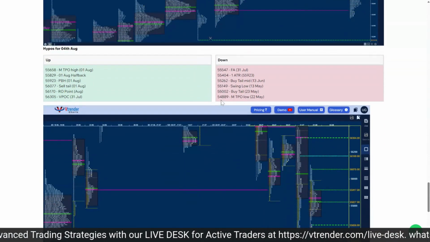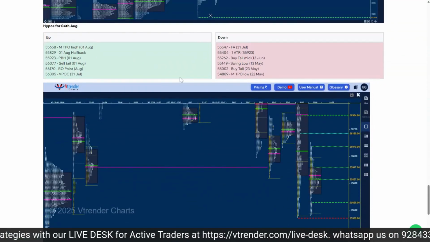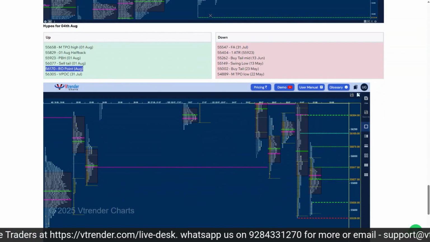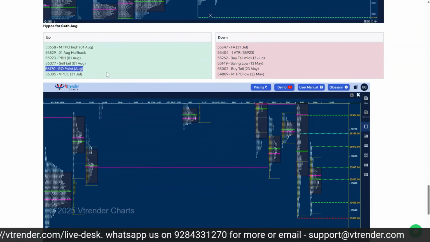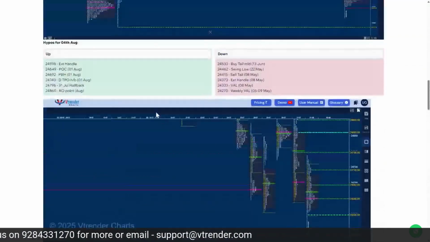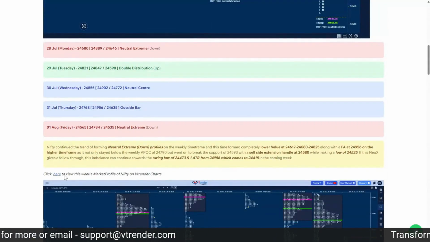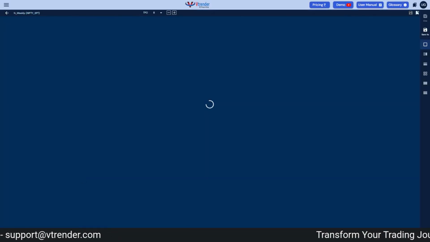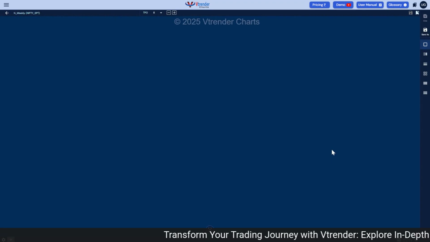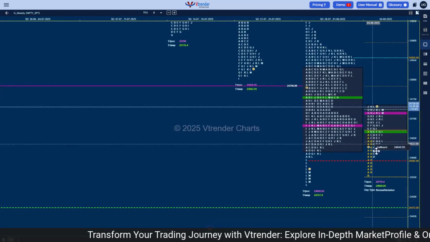So these were the hypos for today, and again you see the rollover point becomes an important reference on the upside in spot as well as in futures. So let's now take a quick look at what we have done today in spot, and then we'll move on to the futures section. I'll start with the weekly spot chart of Nifty, and you can see what we did today was